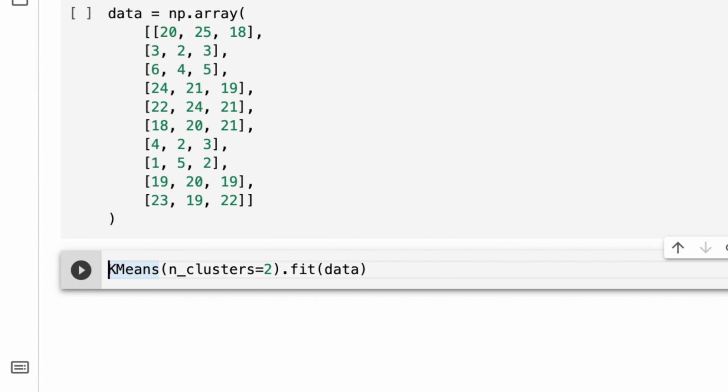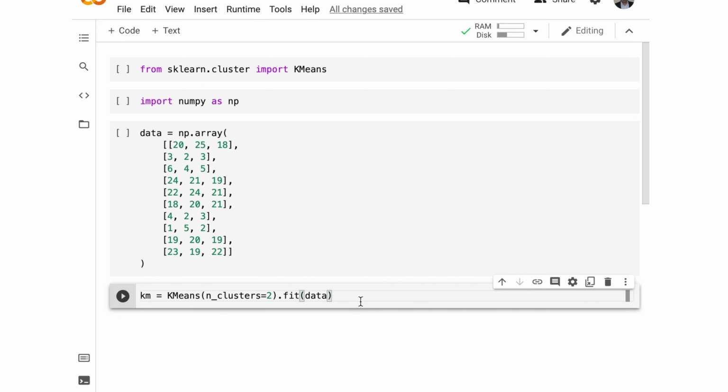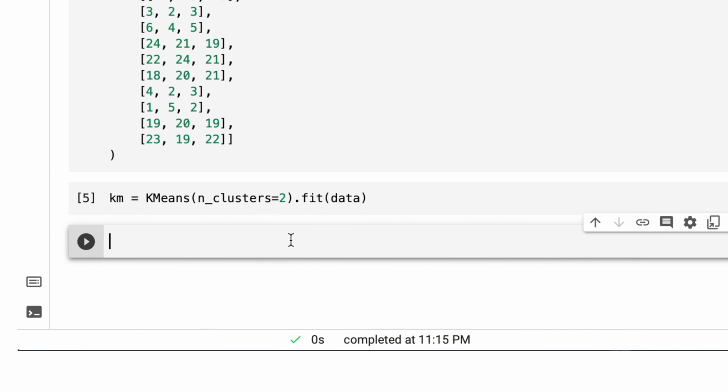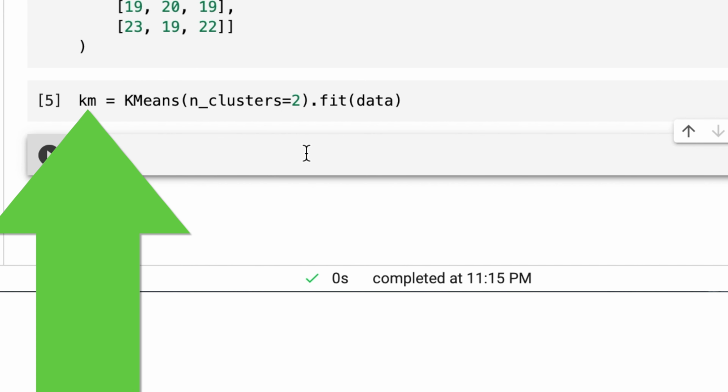To capture the entire clustering model, let us write km equals to the left of this part. After the code is executed, up to this point, we have our clustering model and the result in this variable named km.